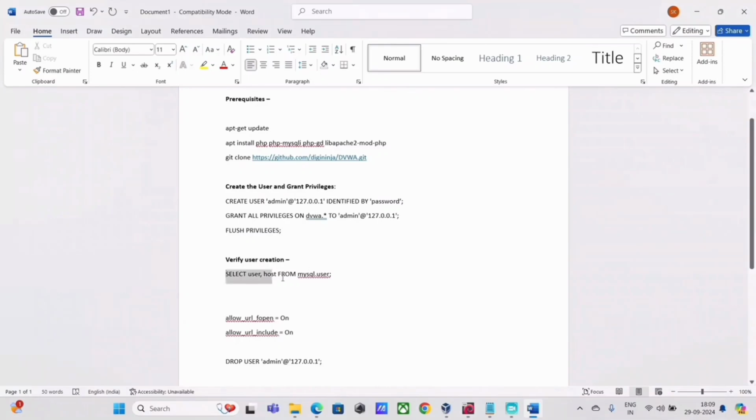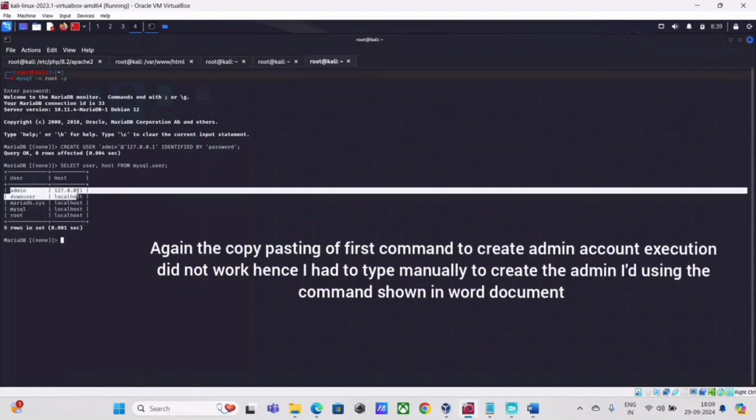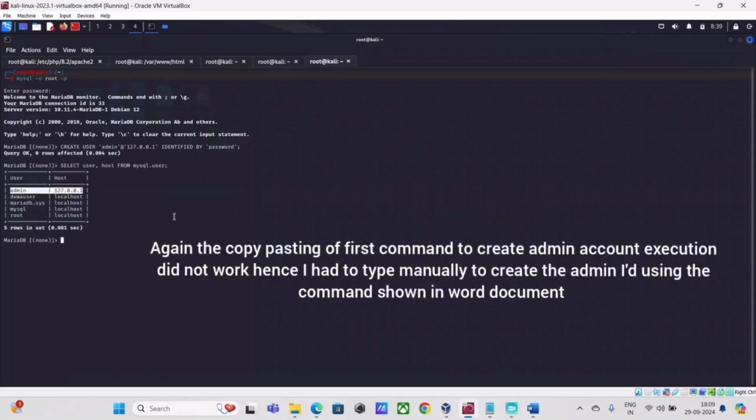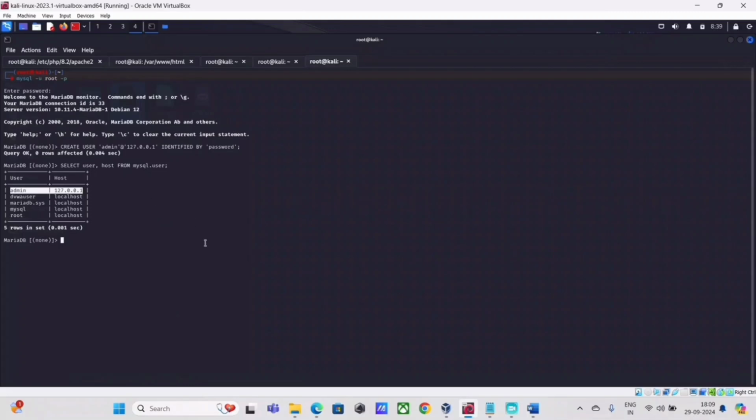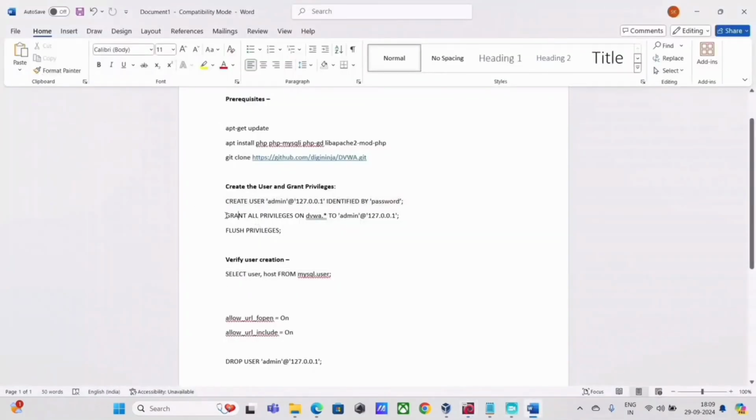I can just do a quick verify again. I'll just do a copy paste again. Hopefully it works this time. Yeah, you can see the admin ID is recreated once more. And now the next step is just to assign the privileges, as in